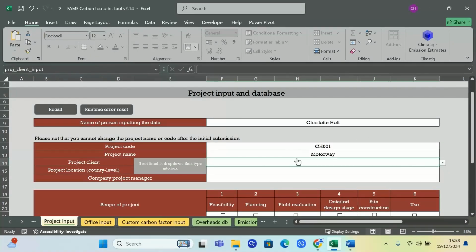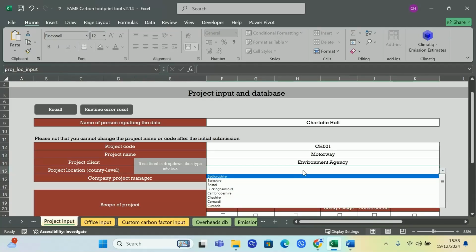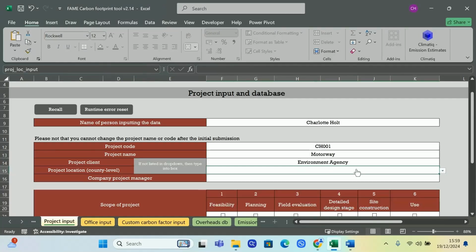So you can either use free text or you can use the drop down provided. At the moment the drop down is empty because we haven't entered any projects or project clients into the database yet. But once we input this, it will come up as an option in the drop down. Similar with location, you can either input your own location or select from the counties that are listed in the drop down. Let's just input our own for now, and then you need to just input the project manager and